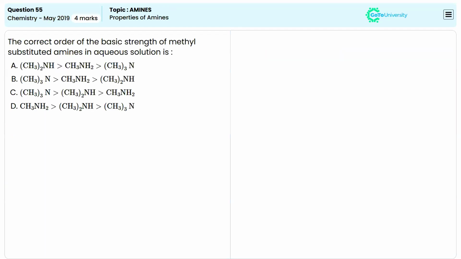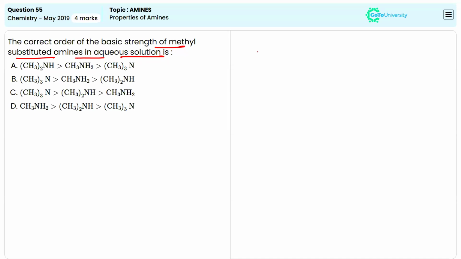So here we have to find out the correct order of basic strength of methyl substituted amines in aqueous solution. Here we have primary amine, secondary amine, and tertiary amine. We have to find out the correct order. The correct order means always the secondary amines will be more basic, because basicity means it is the